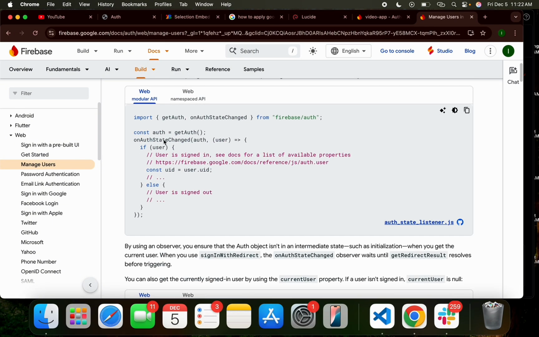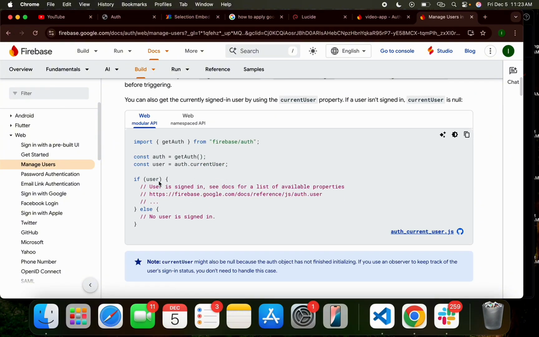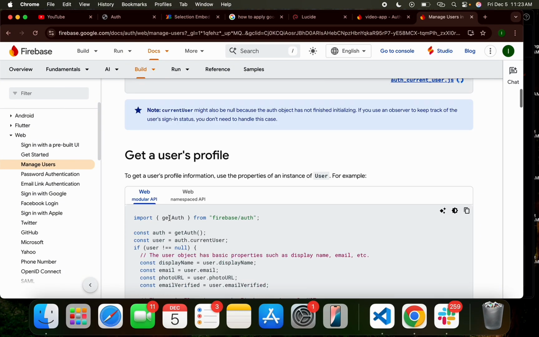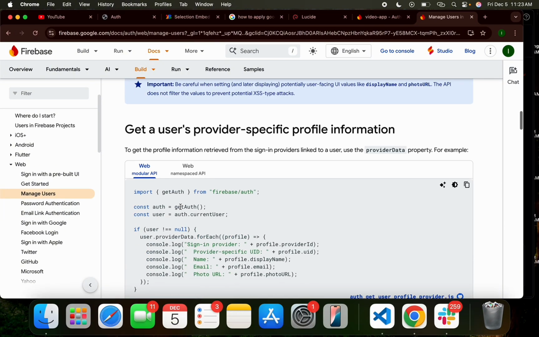So now there's the on-auth state change. The on-auth state change helps us to manage the state of a user. Is the user logged in, is the user logged out, and all of that. So we can use this as our global state management for auth. We can use this to track when, like you can see here, if the user is signed in, there are a lot of properties we can fetch for this user. Now if the user is signed out, we can automatically sign out the user. Then we also have the user properties like display name, we have email verified, and I'm trying to see how we can,